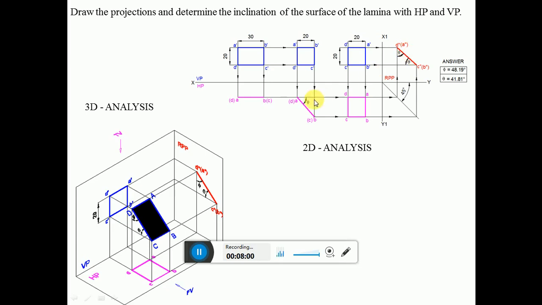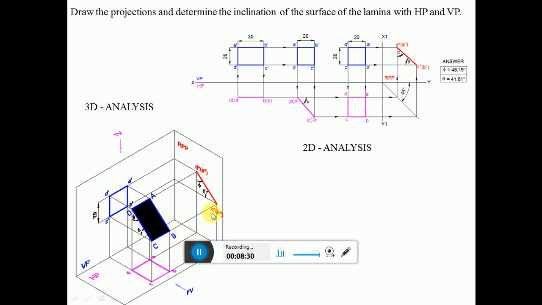If you can see here, you can see from here also, here the surface ABCD is inclined to HP and is also inclined to the vertical plane. So that is the inclination theta here, that is the inclination phi here. So since you are looking from the left view, that is in 3D analysis, D double dash is near to the observer, it is visible. A is away from the observer, it is invisible. Similarly, C double dash is near to the observer, it is visible, and B double dash is away from the observer, it is invisible. So it is written in brackets.